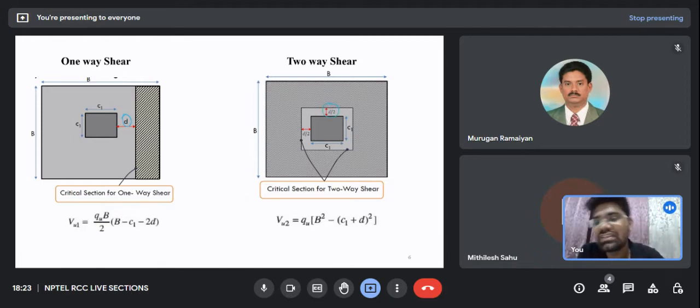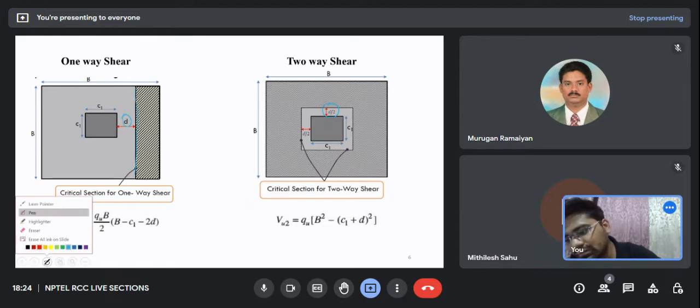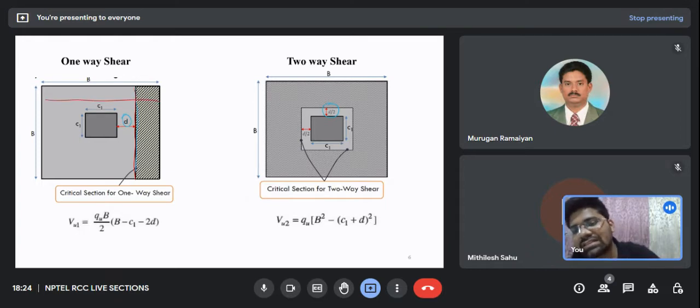So since one-way shear can act on either side of this column, it can be on this side or on this side, and that is the reason we are only supposed to take the critical one. While in two-way shear,